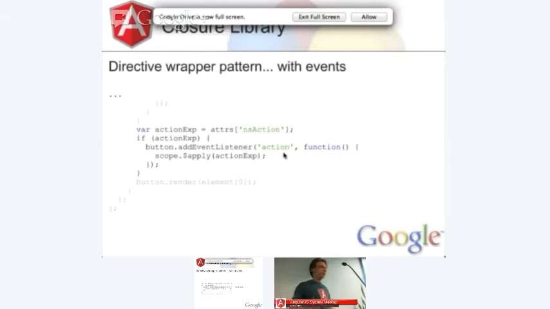So this is a particularly naive example. In particular, the closure button is just a button. If you were to take your own button and style it like a closure button, like you see on Google pages, you wouldn't notice the difference, and you could just use ngClick. But Closure has its own event system that's threaded throughout the Closure libraries, and this technique will apply to any of those elements. So I've just chosen a naive example because it's there and it's simple.